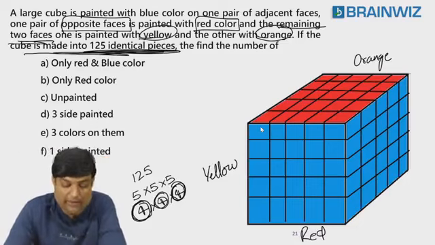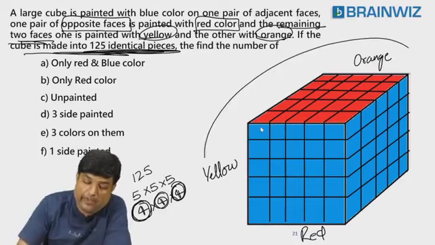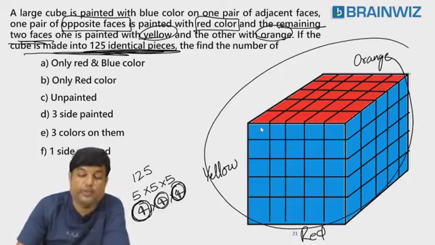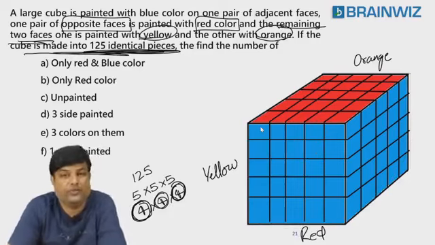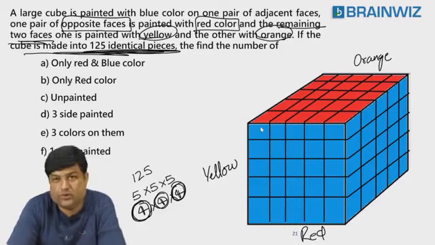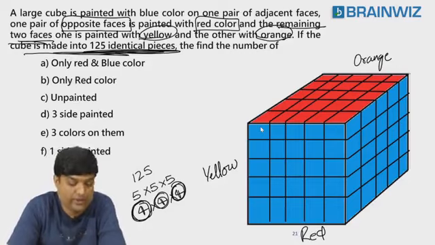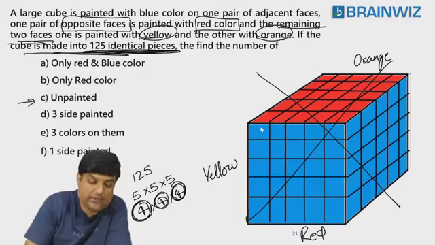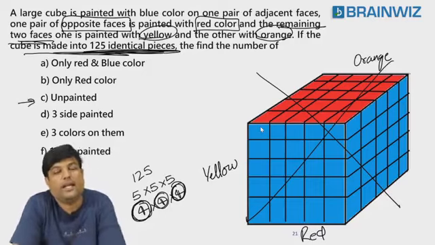Are you understanding? With the help of this, I am 100% sure these are 125 pieces. How many pieces are these? 125 pieces. You all know that. Clear? So my coloring is over, my cutting is over. Now answering the questions, everybody. I don't want to draw the diagram. Can you answer the third question?